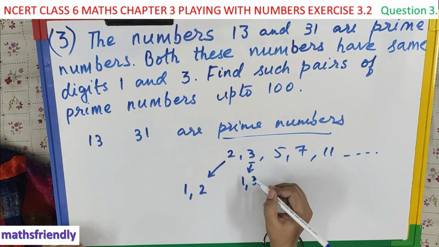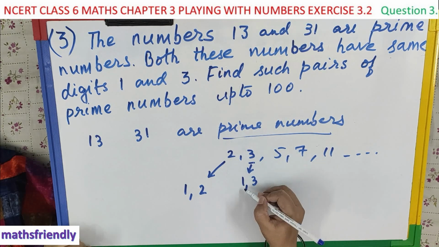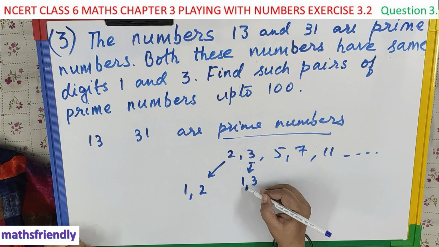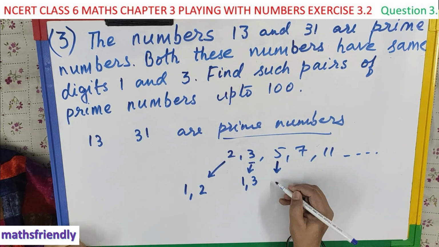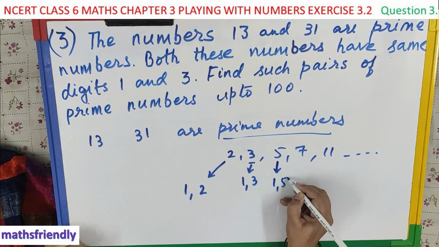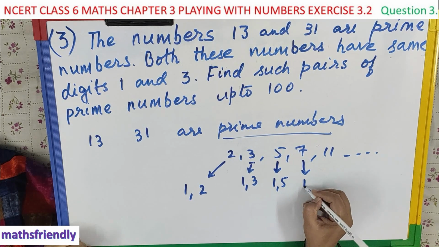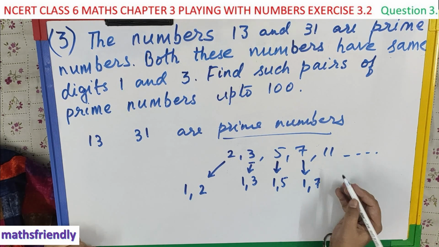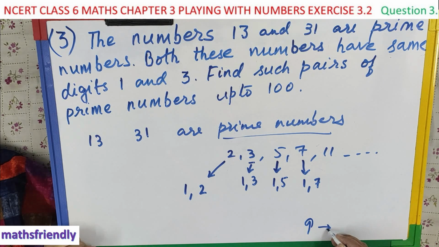It comes in 1's table and it comes in 3's table, so it is divisible only by 1 and 3. 5 is a prime number and it comes in 1's table and 5's table. 7 is a prime number, it comes in 1's table and 7's table. But 9 is not a prime number because 9 comes in 1's table, 3's table and 9's table. 1 nine is 9, 3 threes are 9 and 9 ones are 9. So 9 comes in these 3 tables, which means that 9 is not a prime number.